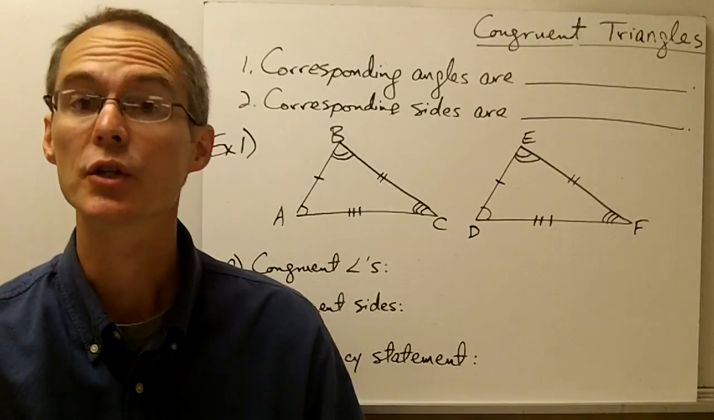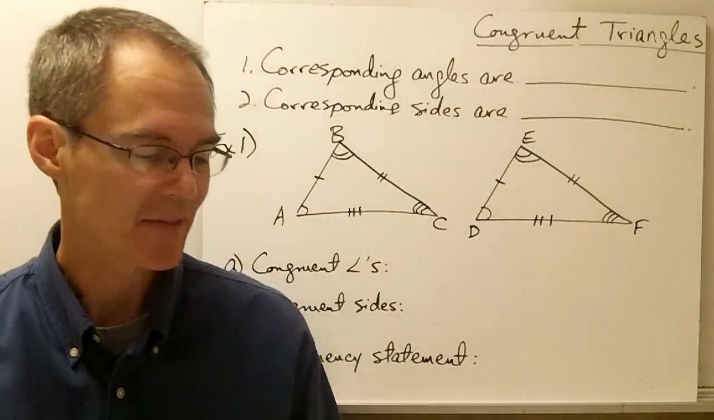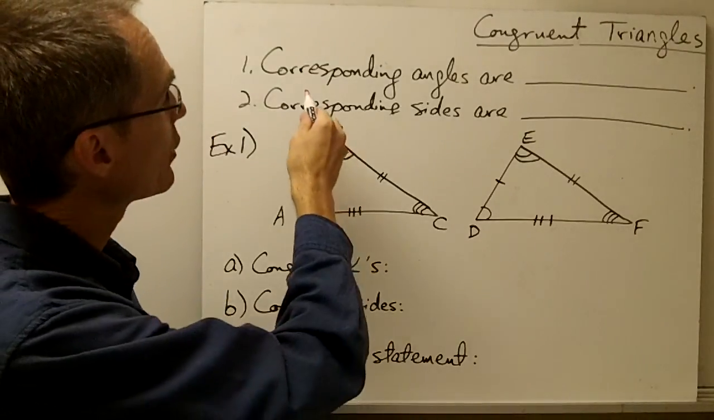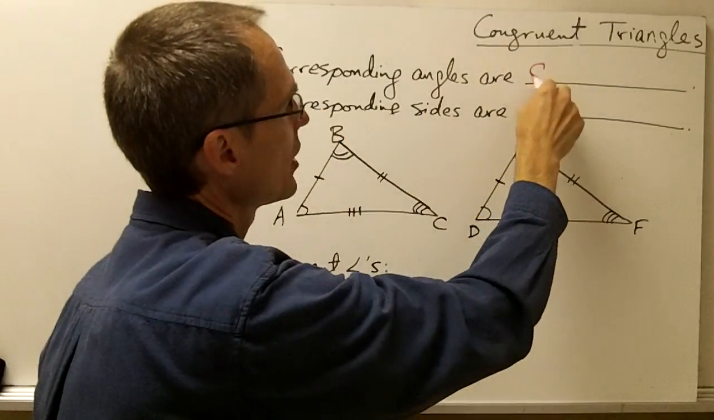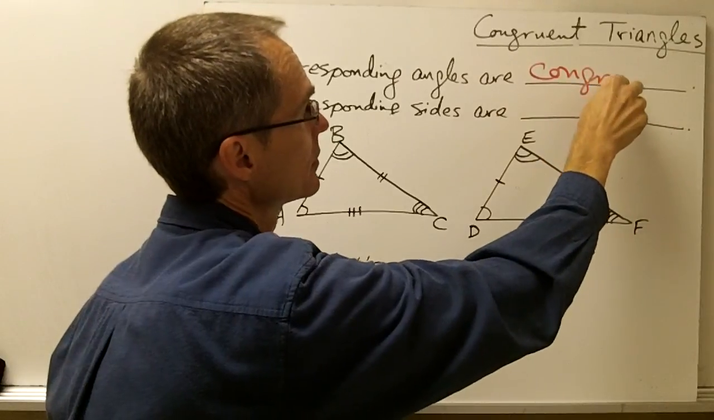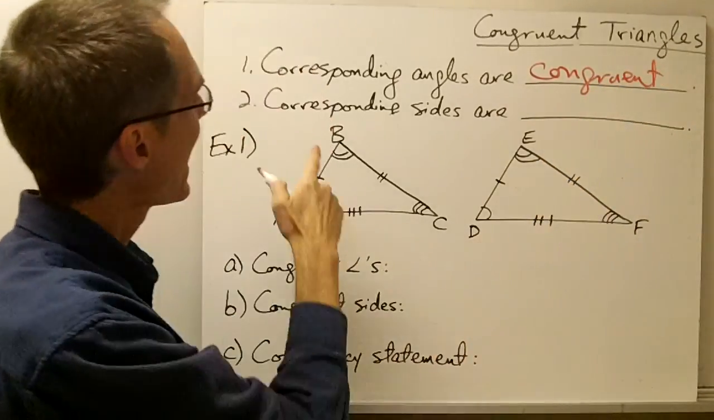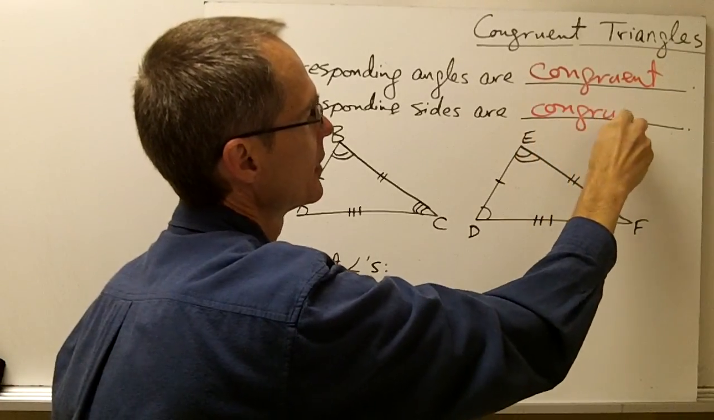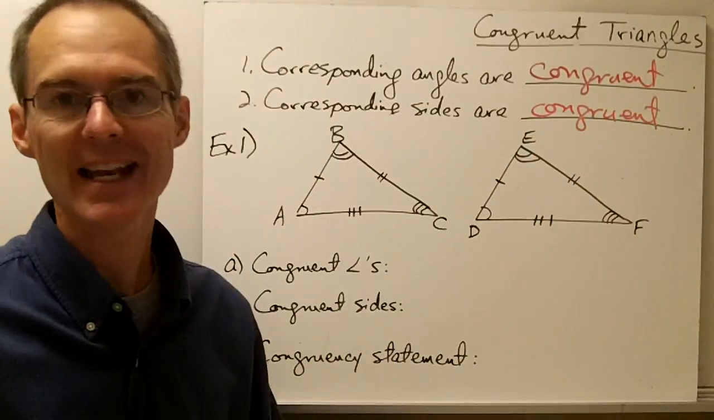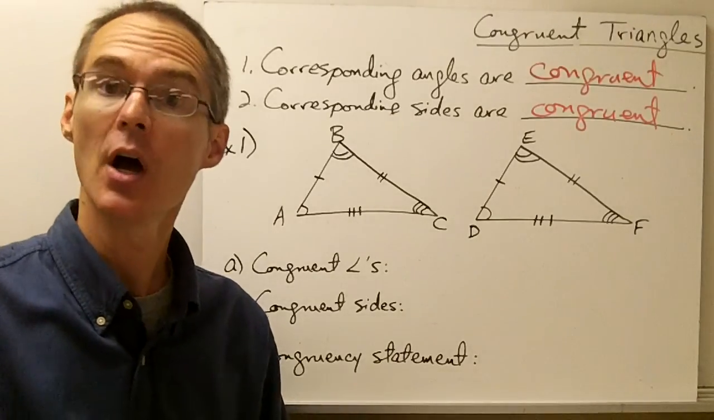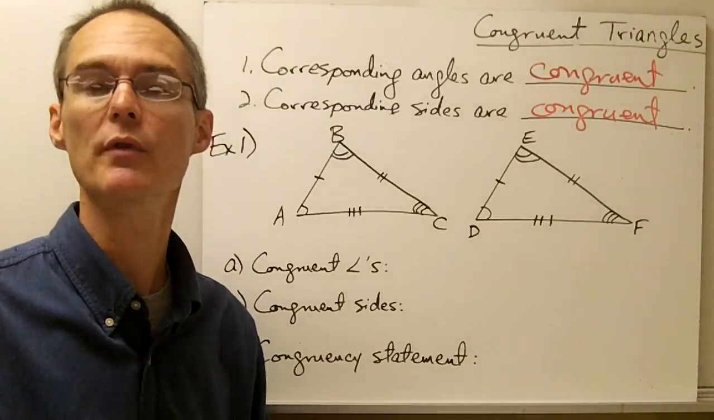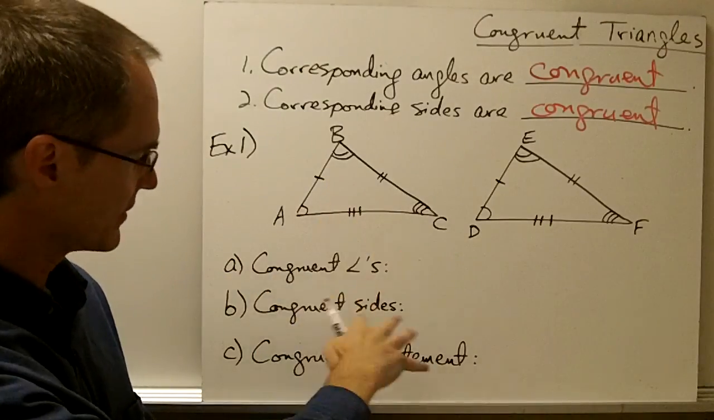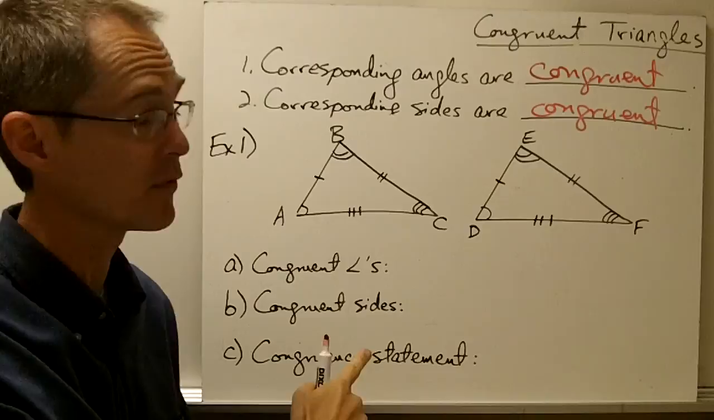Okay, this video is on congruent triangles, and the definition of congruent triangles says that two triangles are congruent if and only if their corresponding angles are congruent and their corresponding sides are congruent. Sometimes you hear that said as all the corresponding parts of two triangles have to be congruent in order for the triangles to be congruent. So we're going to take a look at how we identify and then write down a congruency statement for congruent